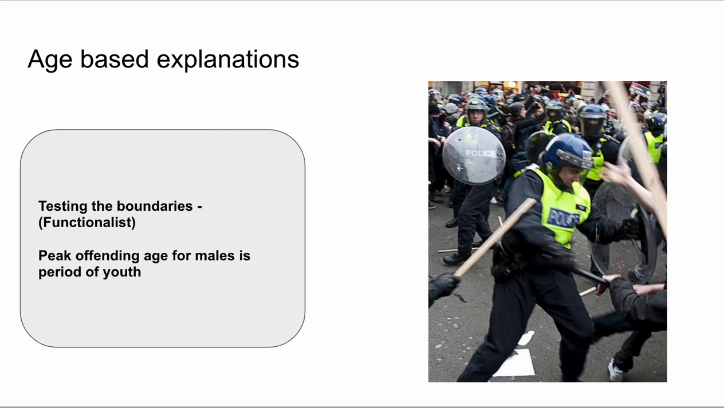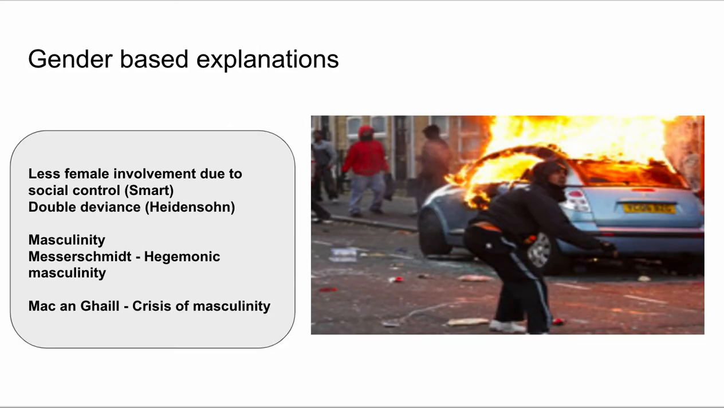profile of the rioters. In terms of gender-based explanations, well, most of the rioters were young men. So why was it that there were fewer young women involved, or fewer women involved? Is it to do with social control? So Smart talks about the reason for less criminal activity in females is because of social control through parents, through perhaps school, through the media, through society